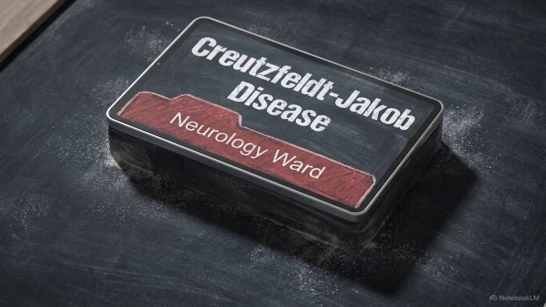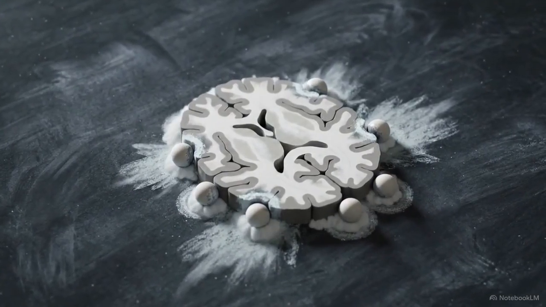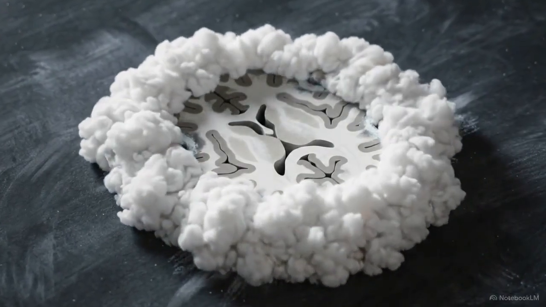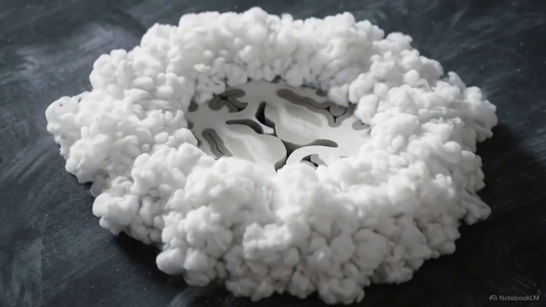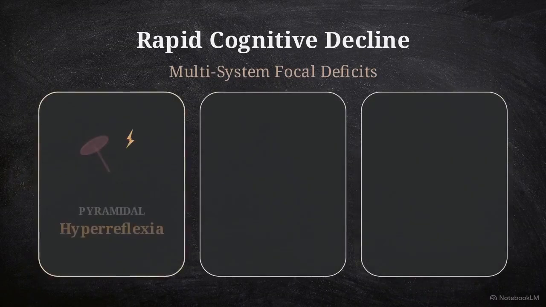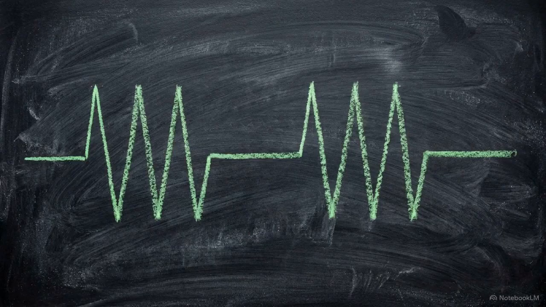The classic presentation here is Creutzfeldt-Jakob disease. The classic metastasis profile shows multiple, well-circumscribed lesions at the gray-white junction, surrounded by expansive vasogenic edema, exerting heavy pressure on healthy tissue. This rapid cognitive decline is accompanied by a wide array of focal deficits, including pyramidal hyperreflexia, extrapyramidal hypokinesia, and cerebellar ataxia. This graph illustrates the required EEG diagnostic criteria for CJD: periodic, sharp, triphasic, and synchronous electrical